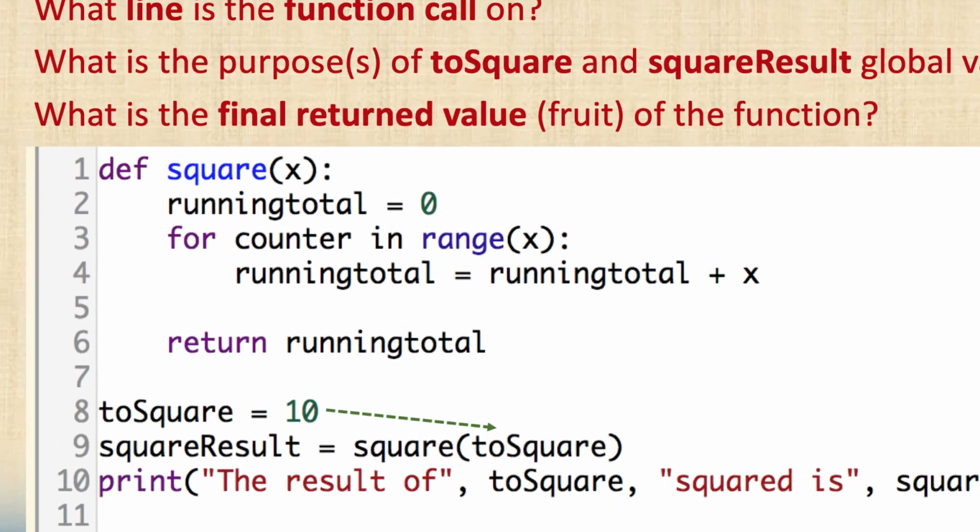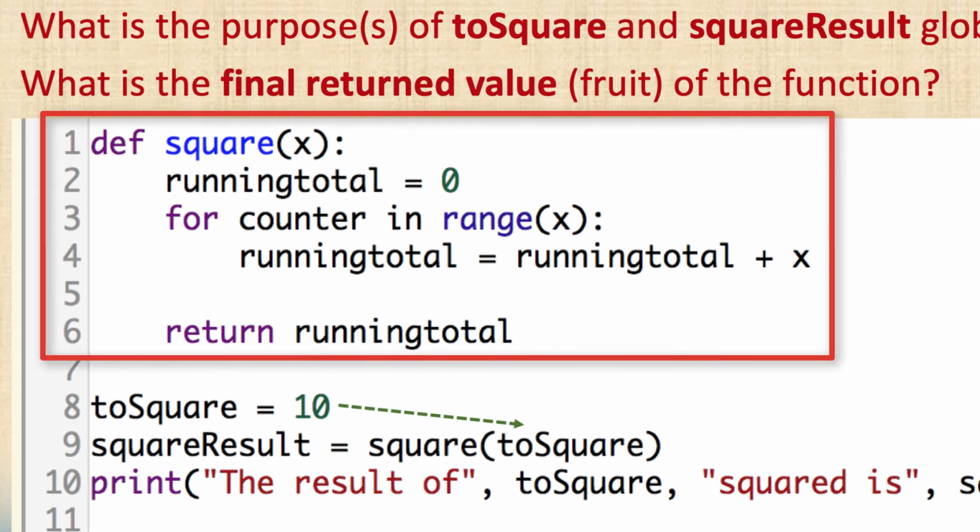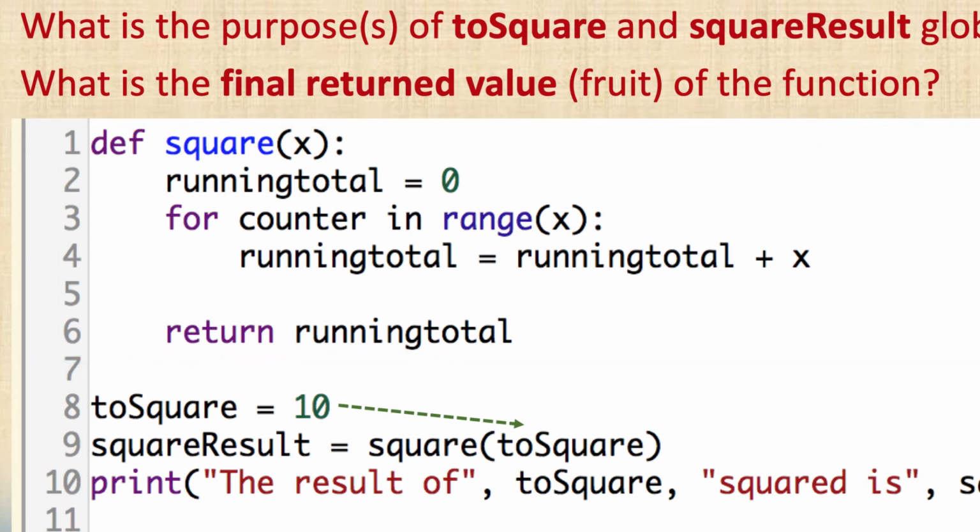And there's a function called square, and it's taking a parameter of x. So that means we're going to have to get something to put in there, because there's nothing in there. If you look at the function, it says running total equals 0, and then there's a loop, and it says in range x. So the same number is going to go in there, so whatever number you pass to it as an argument is going to be in the range,